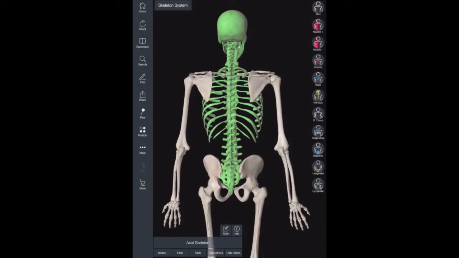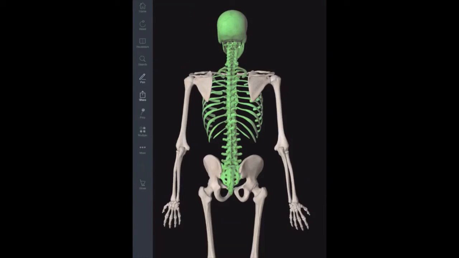And so I'm going to use one on the iPad called 3D for Anatomy, just to show you a few of the three-dimensional aspects of the vertebral column and how the individual vertebra link together. Okay, so let's start with the axial skeleton. The axial skeleton is shown here in green and consists of the skull, the hyoid bone, the vertebral column, and the rib cage. Now, one interesting thing to note about this is that although these structures are in large part protective, the skull protects the brain, the vertebral column protects the spinal cord, the ribs protect the viscera in the thoracic cavity, there's something very important about the axial skeleton,